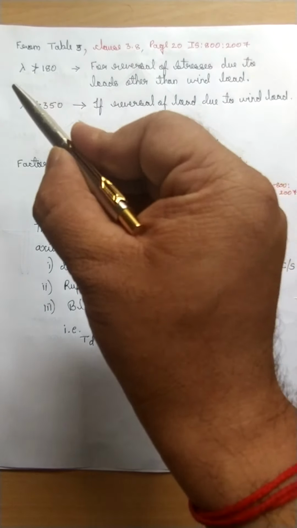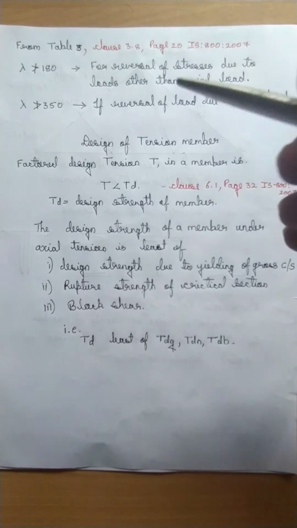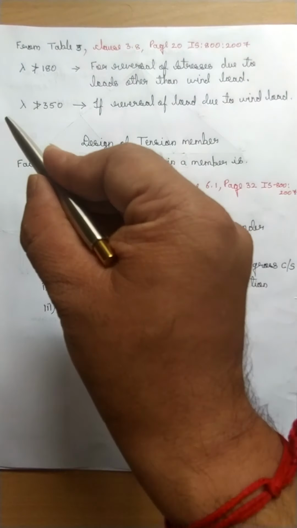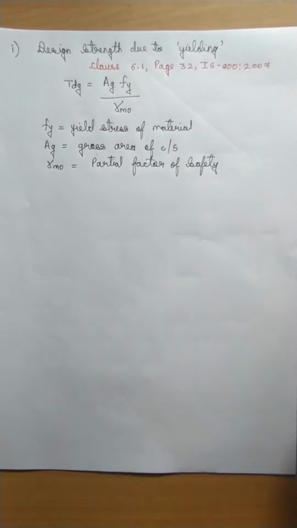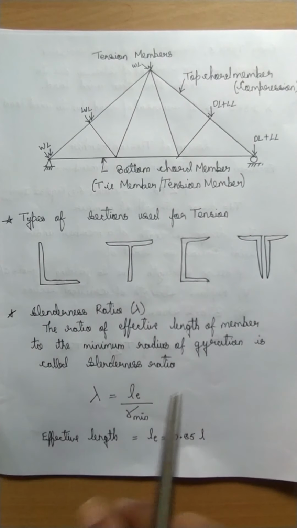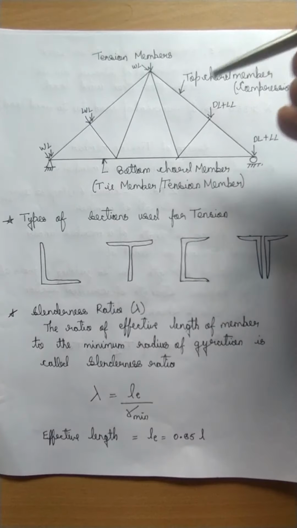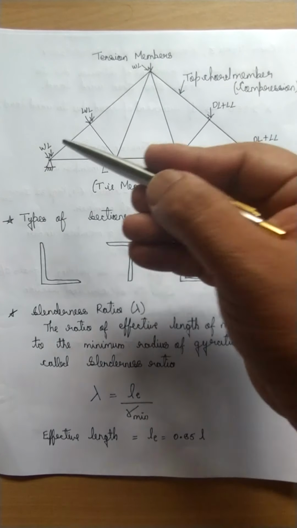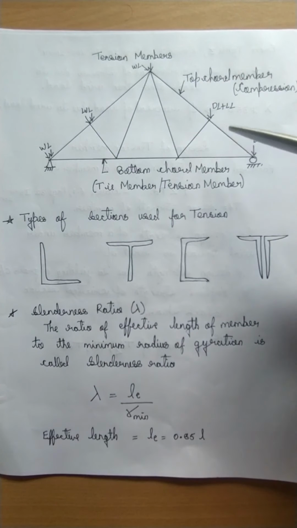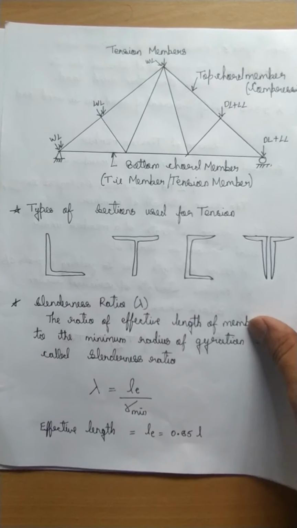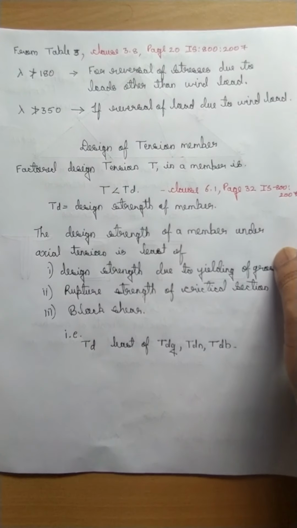So, remember, lambda should not exceed 180 when the loads are other than wind and seismic, and it should not exceed 350 when the reversal of stress is caused by wind load or seismic forces. What is reversal of stresses? For example, if this is a truss, the best example, and the forces are acting from here, say wind load, it may happen that this member is in tension and this one is in compression. In the same way, if the load is applied from the other side, this will become tension and that will become a compression member. So in such cases reversal of stresses is possible. That is the meaning.